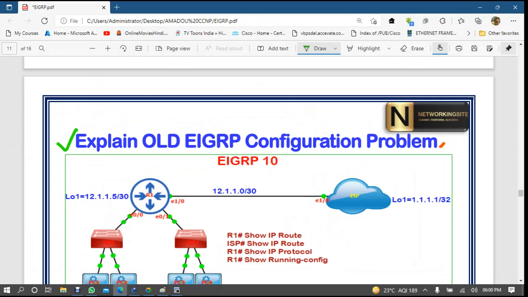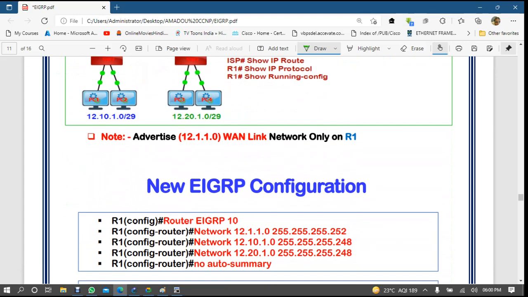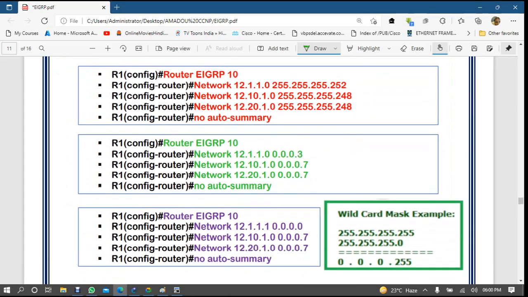What is the problem in the EIGRP old configuration, what is the new configuration, and what is the wildcard mask.